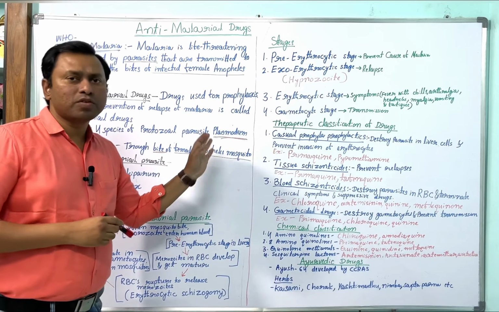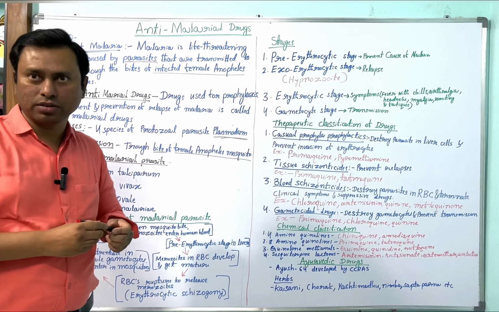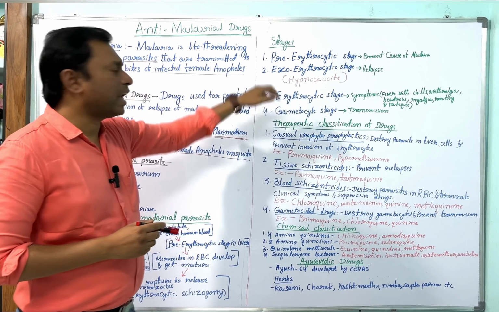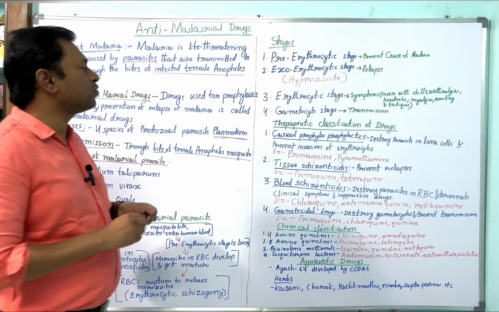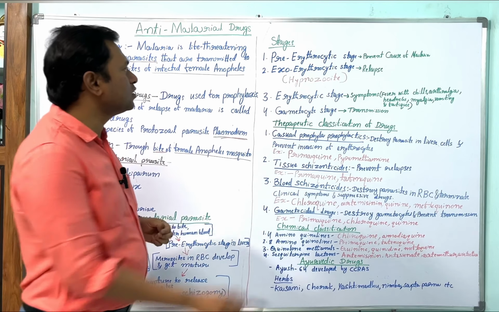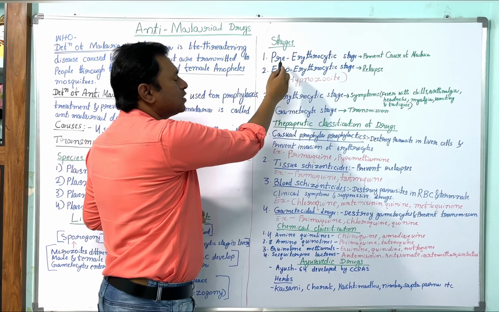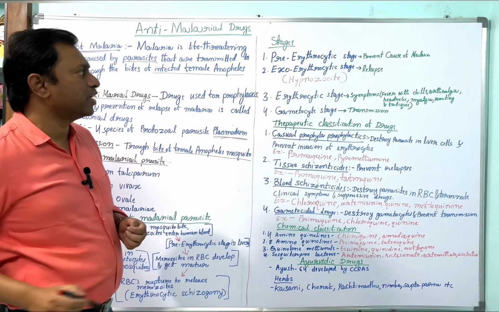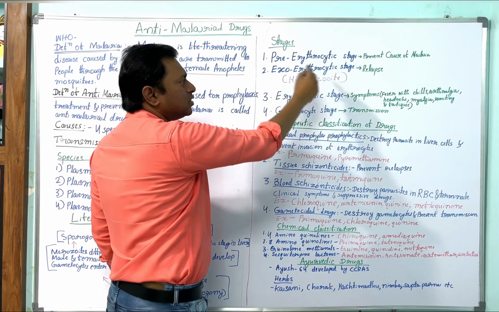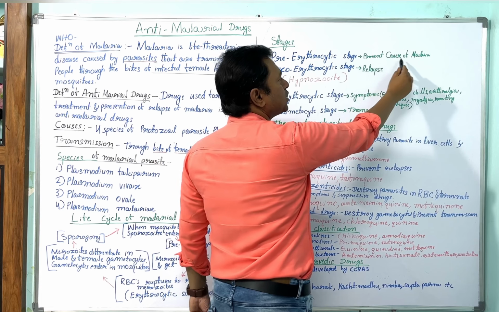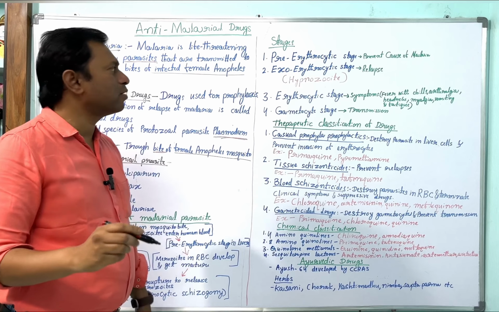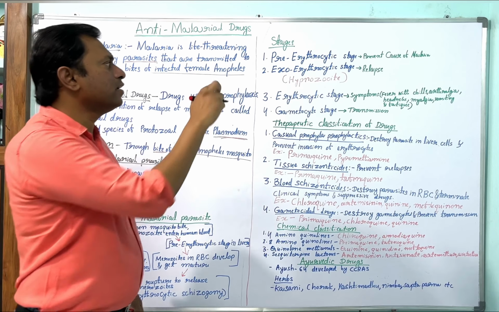Now we'll study the next thing, the stages of malaria. Here it is mainly classified into 4 stages. The first one is the pre-erythrocytic stage. Erythrocytes means red blood cells, so before entering the red blood cells is called the pre-erythrocytic stage. If you destroy this stage, you get prevention, you prevent the cause of malaria. It means if you destroy it before it enters the red blood cells, then you can